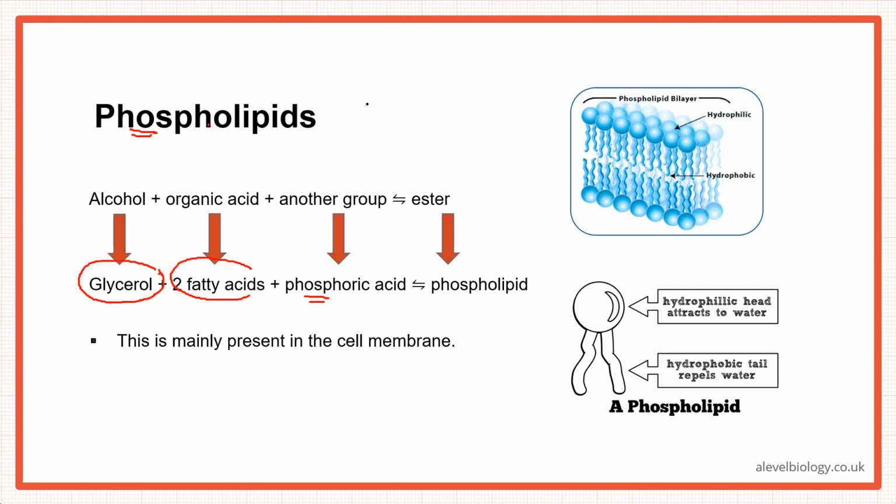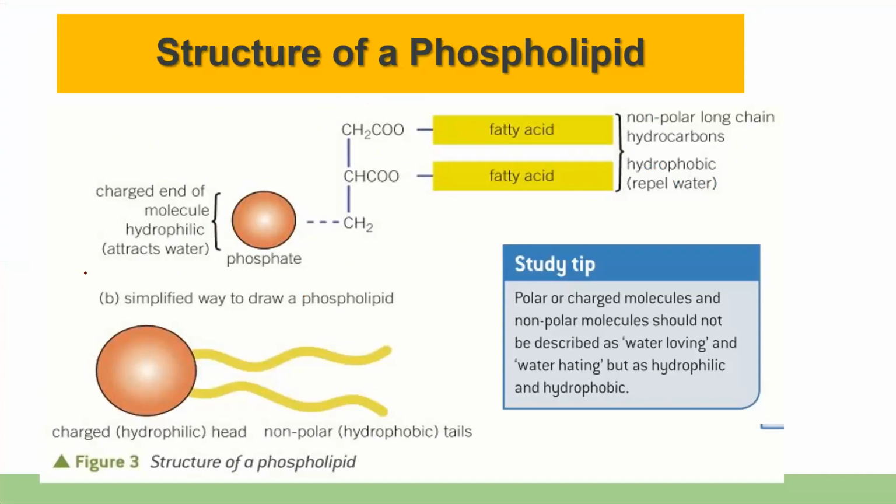So glycerol, remember, has 3 carbons, and these 3 carbons have an OH group attached to them. So all these functional groups have to be involved there. What happens is, with 2 carbons, a fatty acid chain will attach. With one of them, the phosphoric acid will attach. So this is how the whole bond will be made. So let's go through this part then.